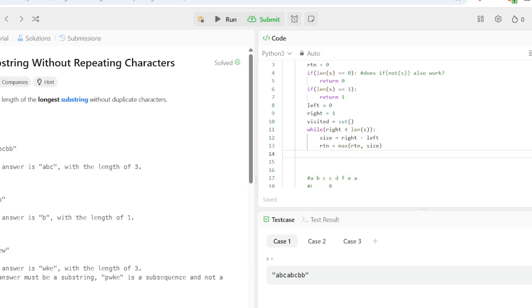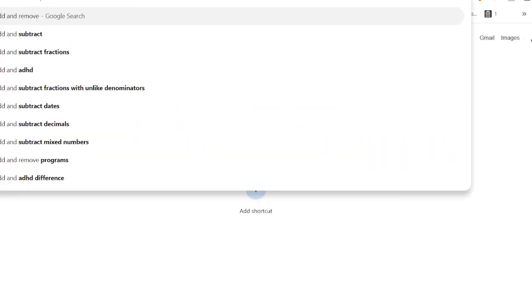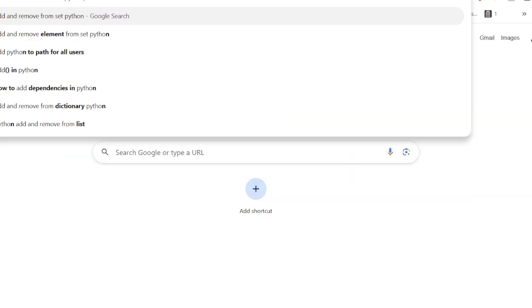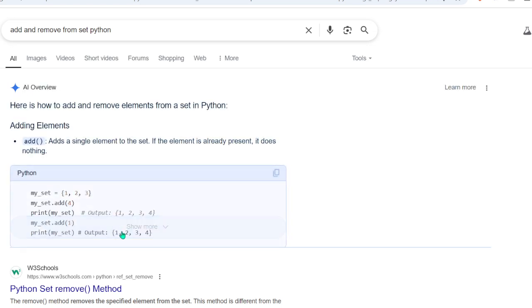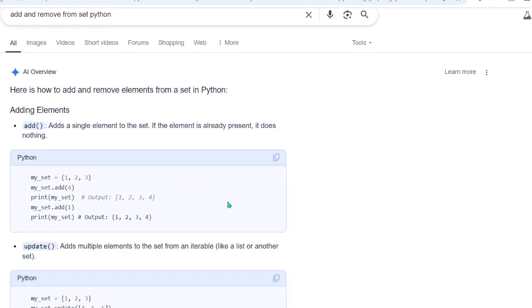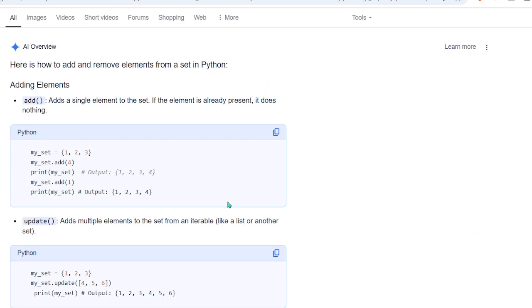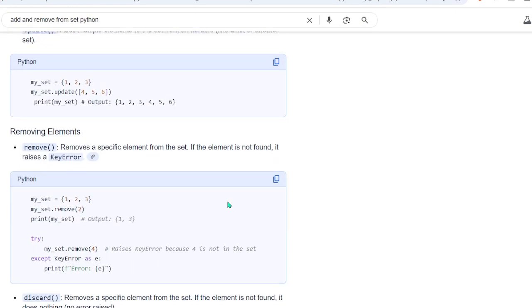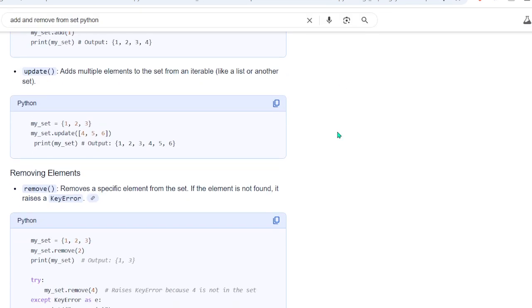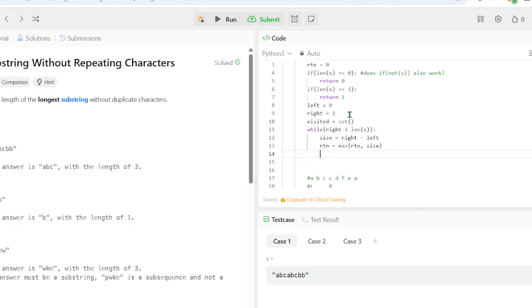And let me just get the syntax real quick. The AI should tell me. Okay. Dot add and dot remove. Okay.